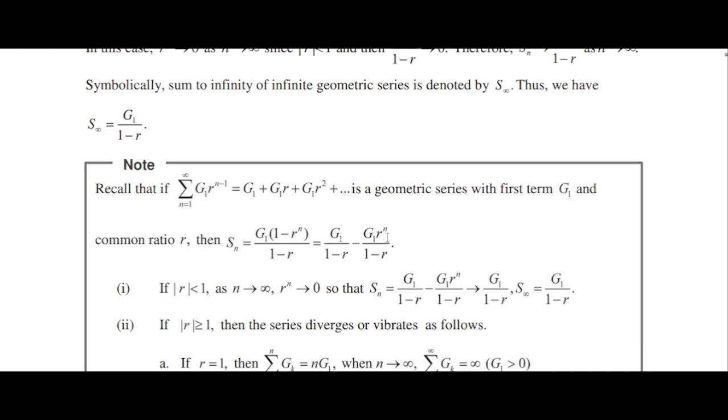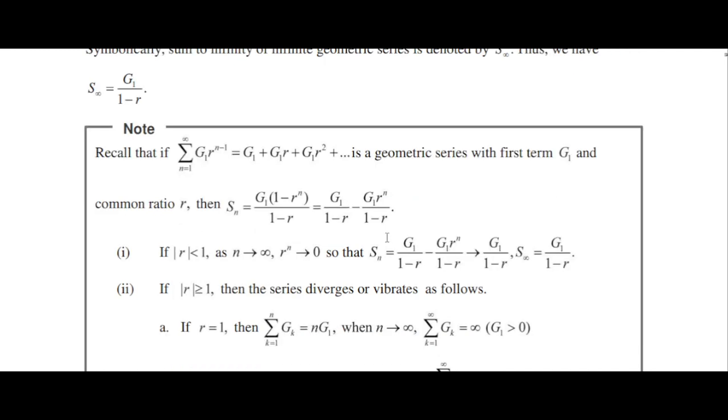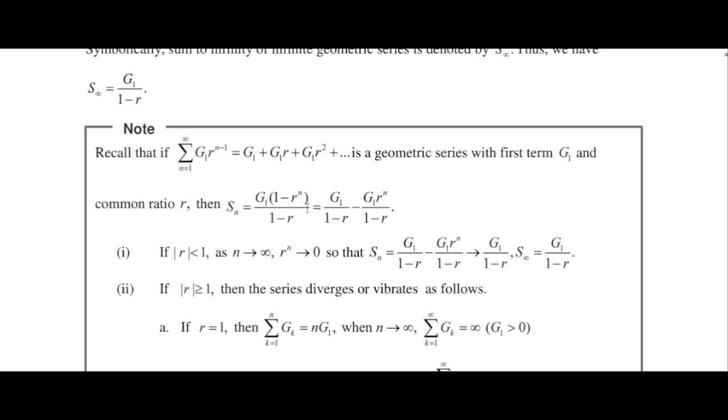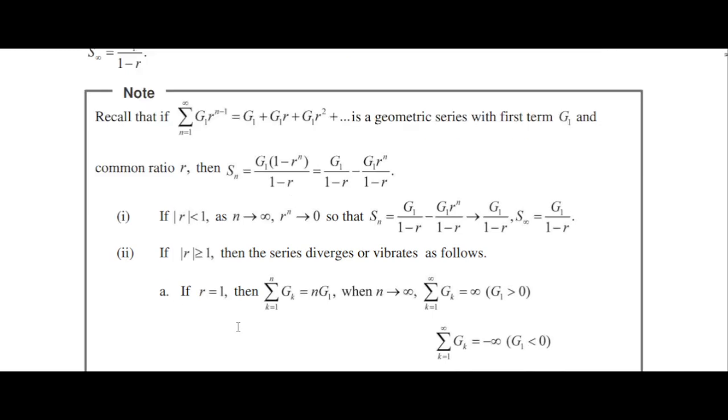From this formula, we have different cases here. If r is between minus 1 and 1, this approaches 0, so the formula will be g1 over 1 minus r. If r is greater than or equal to 1, then the series diverges or vibrates as follows. For this case, if r is greater than or equal to 1, this infinite series is a divergent series, not convergent. If r is equal to 1, then